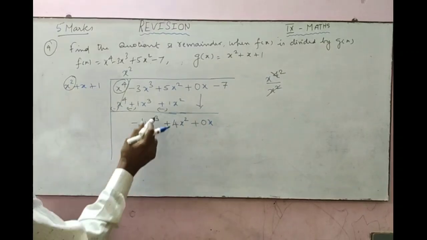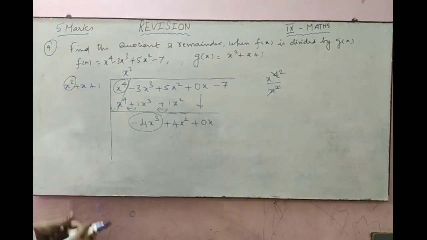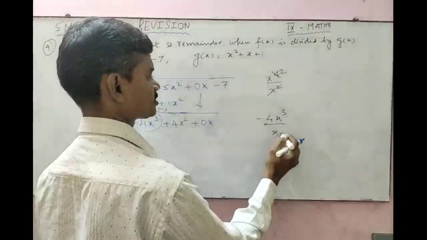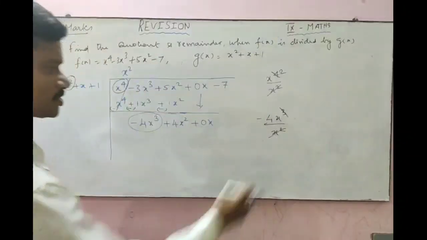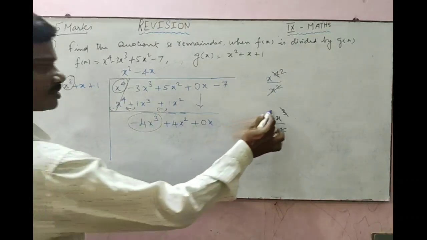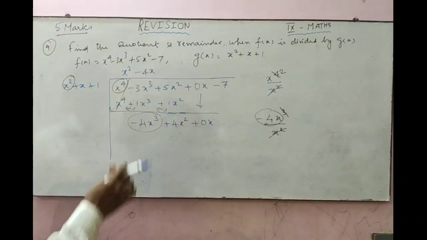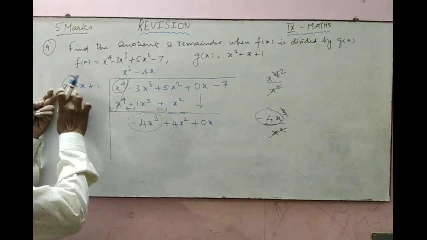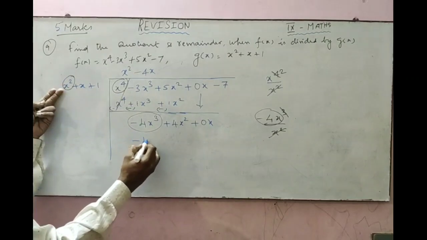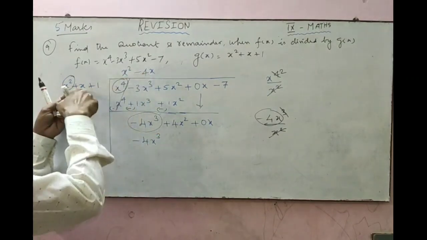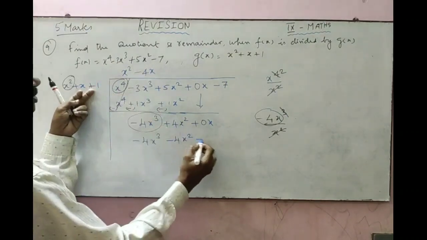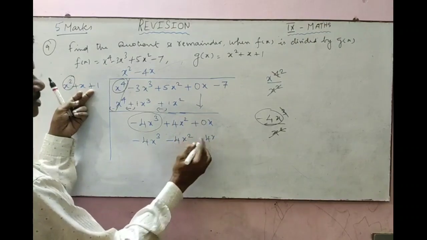Again I am going to take this first term. I am going to divide this with x square. Minus 4x cube divided by x square. Again x square gets cancelled. You have minus 4x. That should be carried for the quotient. Remaining minus 4x quotient வந்துரும். Again minus 4x should be multiplied with these 3 terms. இந்த 3 term கூட into பண்ணோம். Minus 4x into x square, minus 4x cube. Minus 4x into x, minus 4x square. Minus 4x into 1, minus 4x.